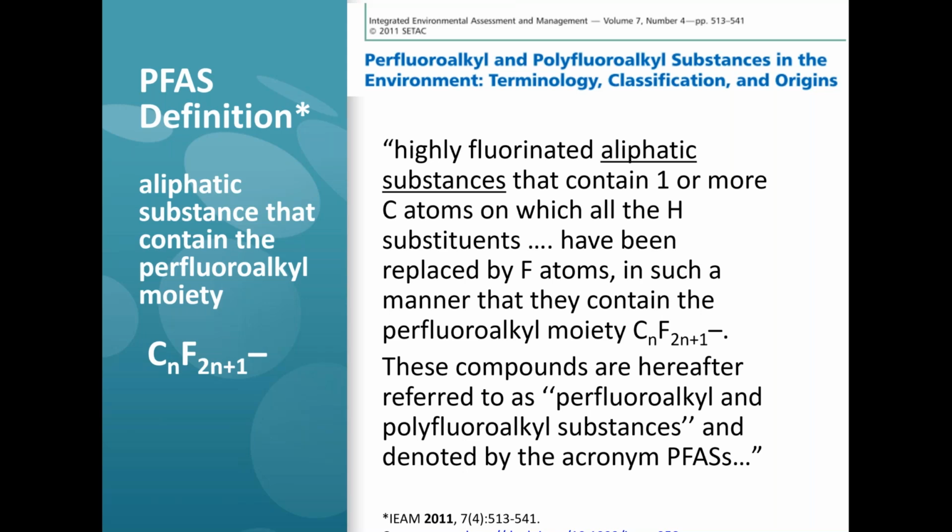There are a couple key properties associated with these that are important as we align on what this stuff is we're talking about. The first part, and you can read all the words here, is aliphatic substances. And what that means in the chemical world is carbons linked in a chain to one another. And it's embodied in this little graphic over here on the left where it says CnF2n+1. So it's a chain that has carbons and fluorines in it. That's a really important functional element, or functional moiety, that's present in these types of substances.